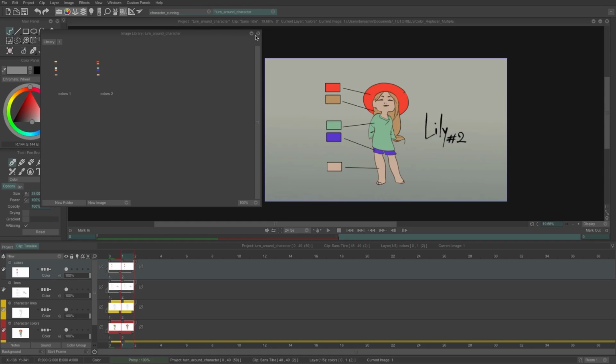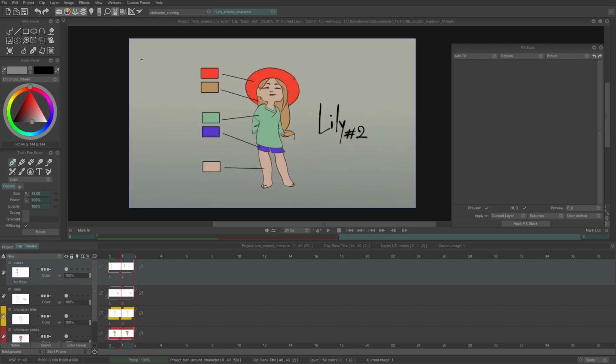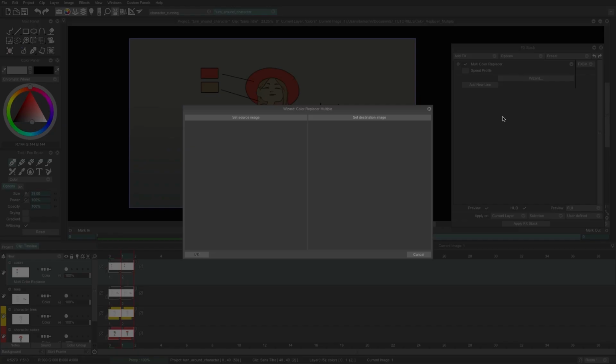I close the library and open the FX stack. I can add the effect by clicking on Add FX, Color, Multicolor Replacer. At that moment, I have different parameters. Click on Wizard. The wizard principle is that we will define a source image and a destination image, and TVPaint